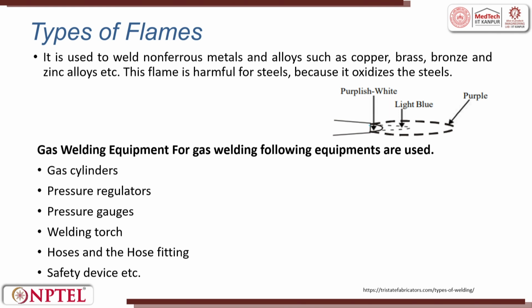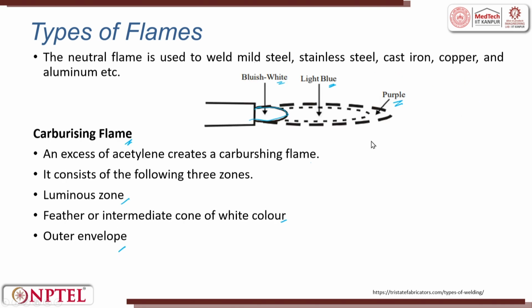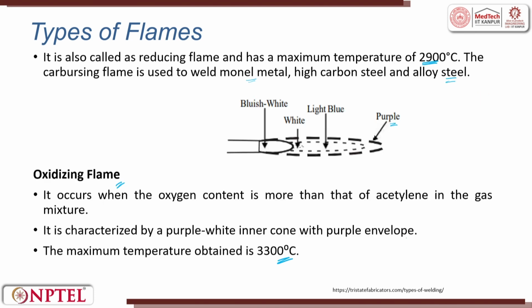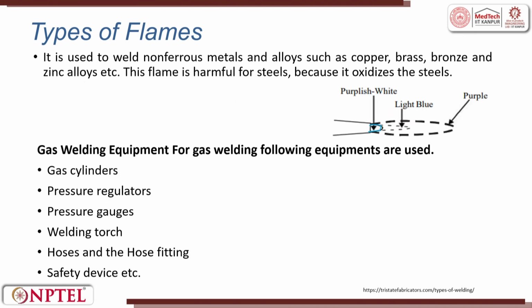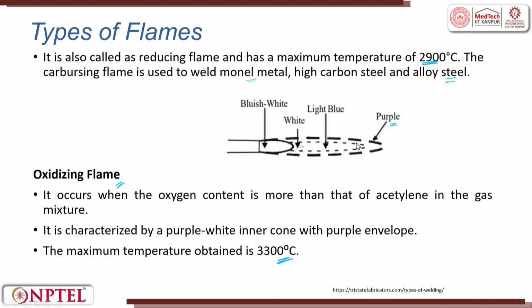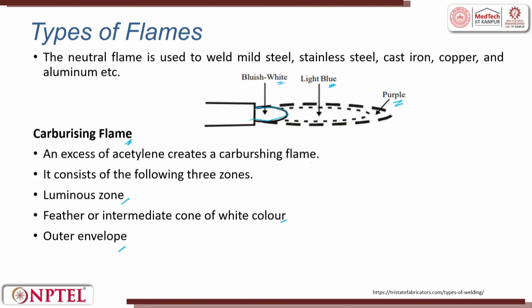So, this is what it is. You can see how small the whitish flame is. You see the white flame, how it is broad, elongated, thin. Then you see the light blue flame occupying a larger area. Here it is thinner and then here it is much thinner. The purple envelope you see here in the oxidizing flame is projecting for a long distance, and here you can see purple is very small, the light blue is dominating, and in this it is just touching each other. So, now you know the temperatures, you know the flame characteristics. Now, you accordingly place your filler to get the melting you want.